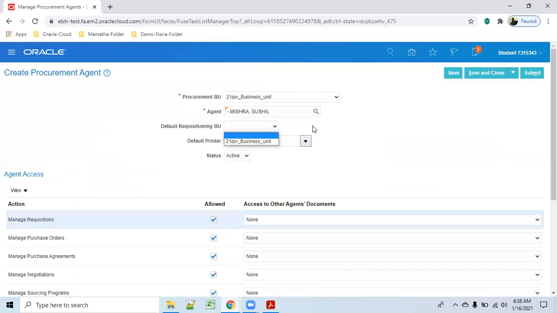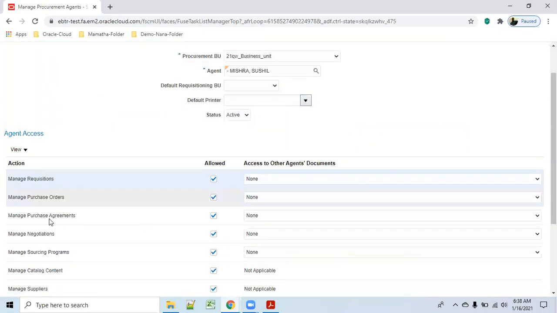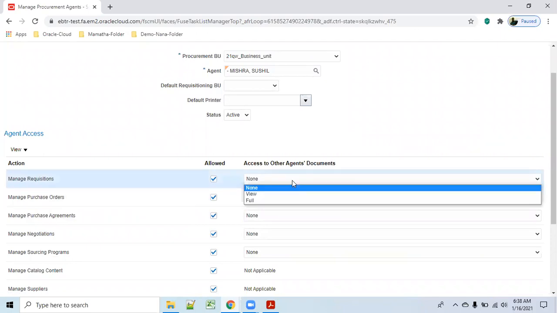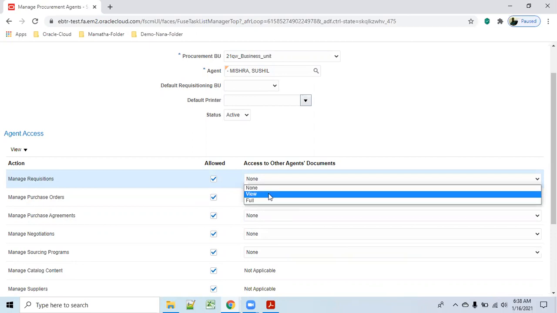Okay, so default is not required. See here, I am in manage delegations. You want to give access to other agents' documents, whether view or full. View means read only. Full means this person can make any changes in the requisitions, purchase orders, agreements, and negotiations.